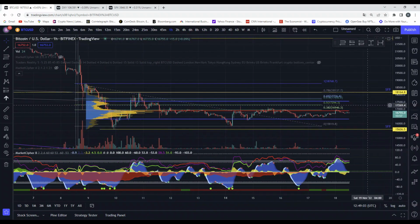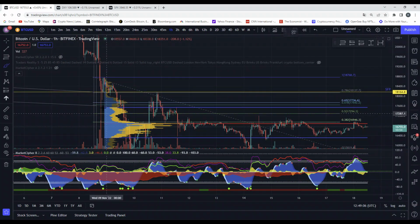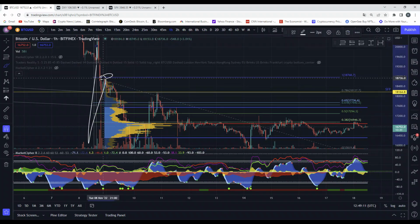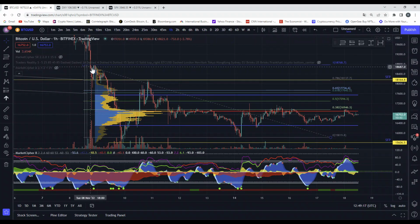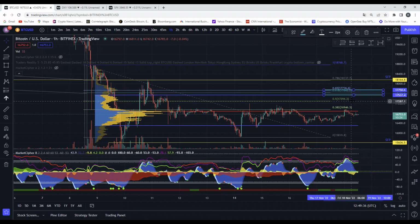And if I zoom in a little bit, I actually really like this one because this has been the first high after that big drop down, and a lot of traders use this. And to be honest, I have experienced that this is a very nice spot to put it, because we usually then go to a fib level, the 0.5 or the golden pocket. The value area high from this range has been moved just a little bit, but we can make a box and say, this is the area that we're looking at if we're going higher for a possible reversal, starting off from 17,500 ish to